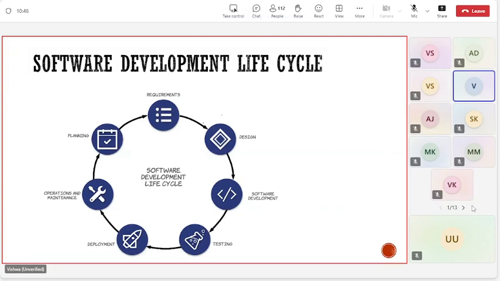So where exactly does DevOps start? Taking a requirement, doing a design, and doing the development. Starting from the development cycle, testing, deployment, operations, and a bit of planning. This bottom portion, you will see DevOps.